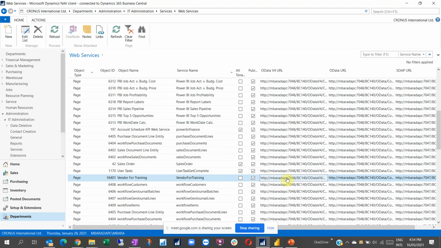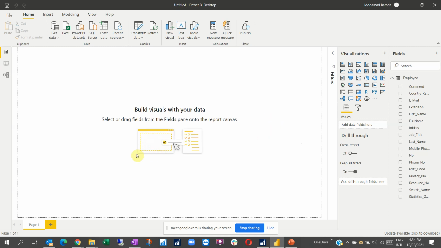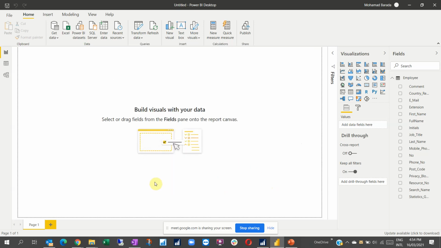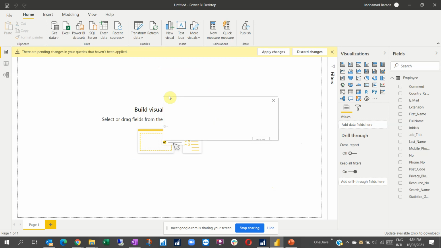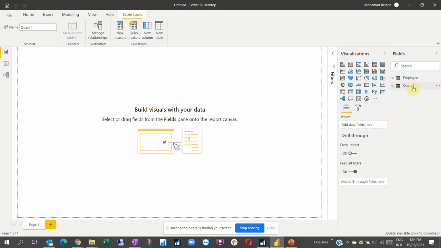I can select OData. I can go and add vendor to my list here. I can load automatically. So having loaded, it will take the data automatically. I'm trying to show you that I will connect one by one, but I can have